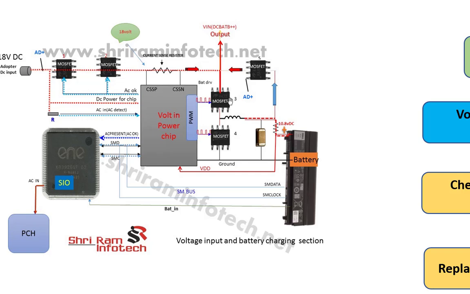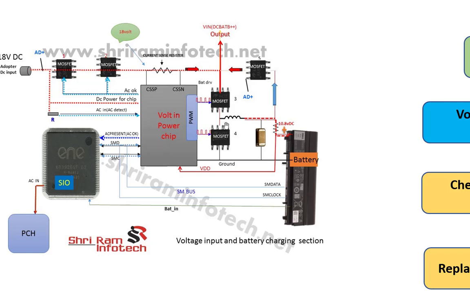At that time this MOSFET shows perfectly all right, meaning it is not showing a short circuit. But in that case, you can just replace both MOSFETs and recheck again. Sometimes the MOSFET gets leakage or some minor problem, so it is better to replace these two MOSFETs simultaneously